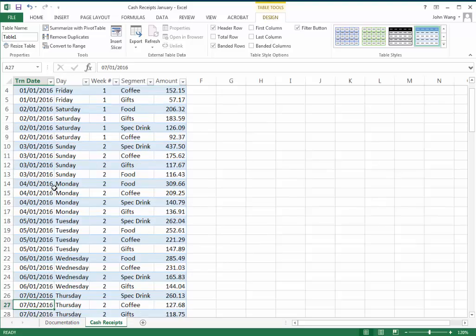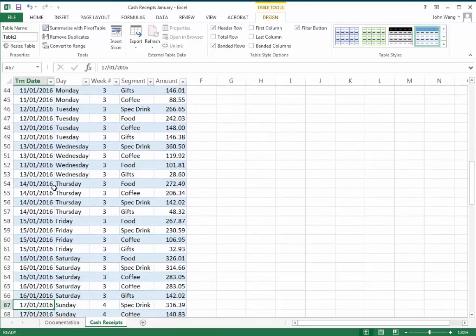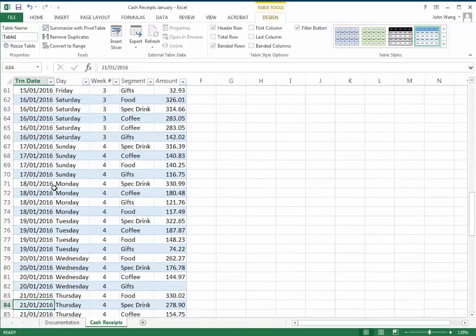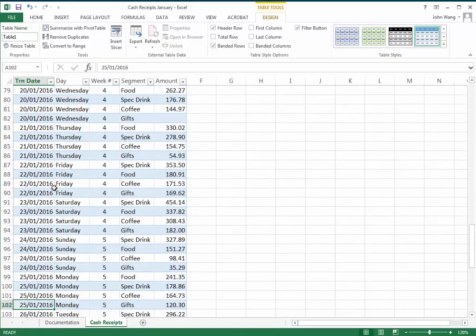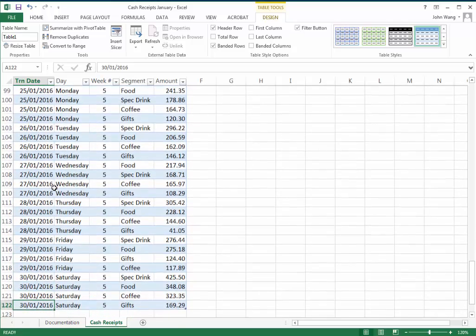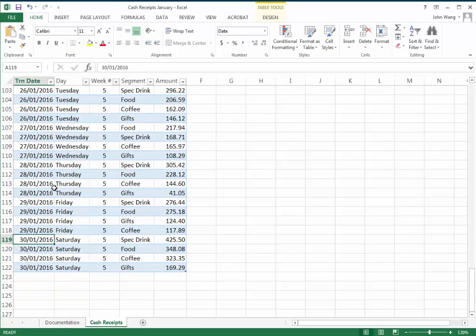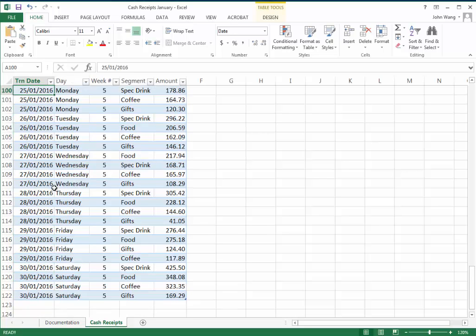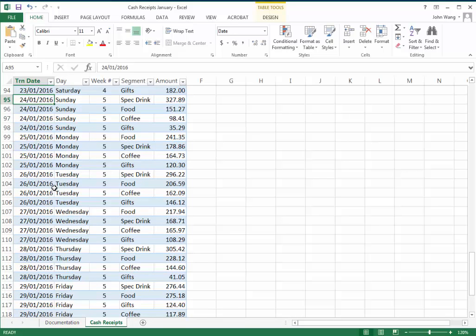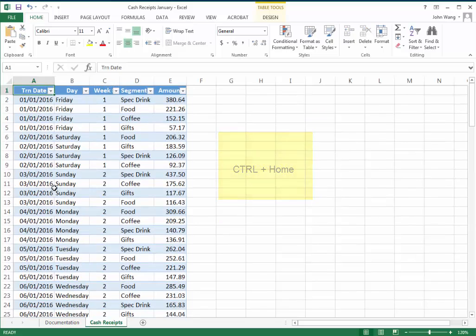can scroll down, and you can see that the top row is no longer just a frozen pane, but rather the top row has become selectable choices. And if you go outside of this table, you can see that the top row will disappear. But as long as you are inside the active table, you can see the top row. So we'll hit Control Home at this point, and we'll go back to the top,